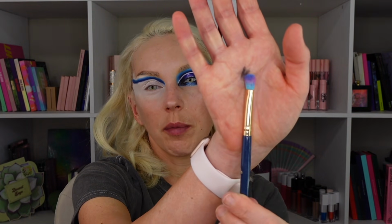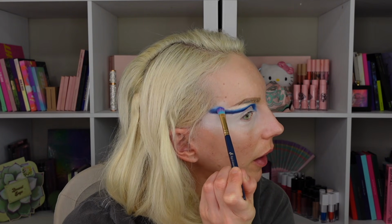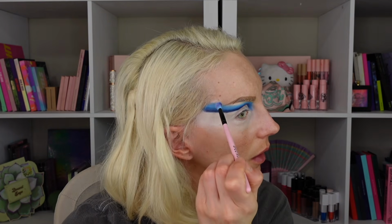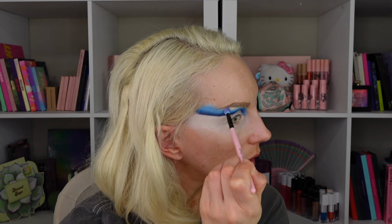I'm taking another brush, kind of similar shape. I think this was from Ipsy bag. It's slightly larger. And I'm gonna go into cerulean and mist. Let's start packing that so we can start blending this. And even a bigger brush, and this is Spectrum B11, and I'm gonna go into mist and just blend this out here. So I blended a little more and I cut the crease with the same Beauty Bay base, and